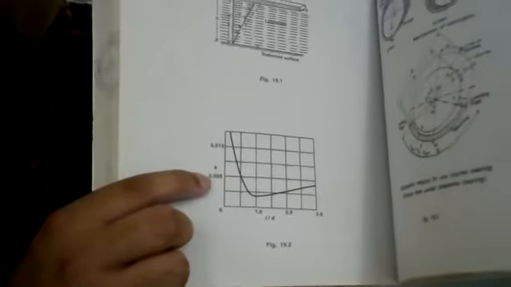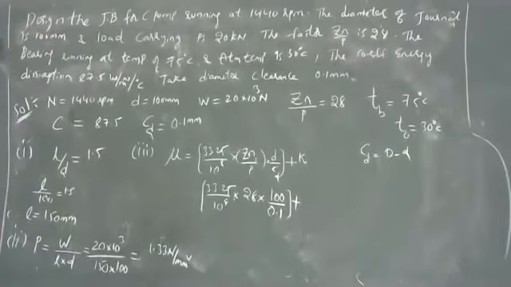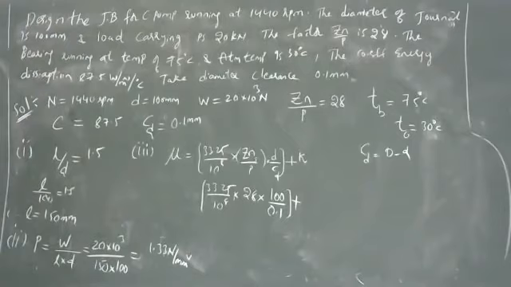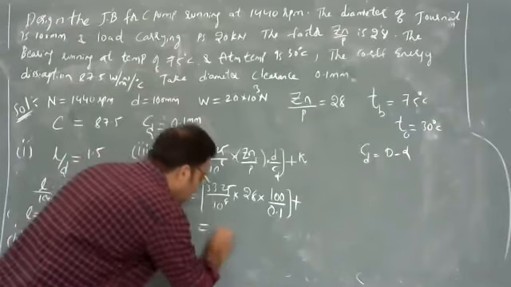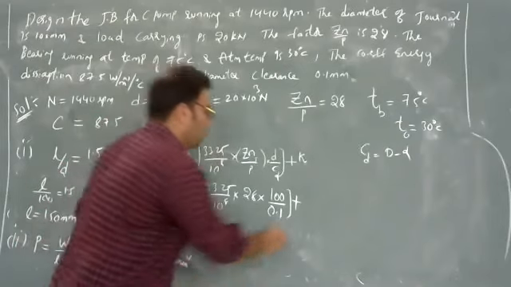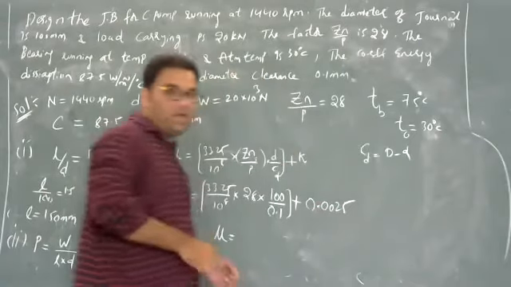So I am showing to you. This is 0.005, and this is the midline we have to calculate. So that is the 0.0025 value we have to calculate. So mu equal to, we are getting how much? The K factor is how much? 0.025 is the correction factor we have to calculate.